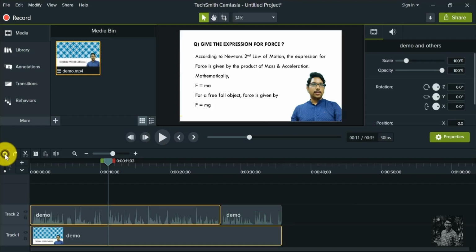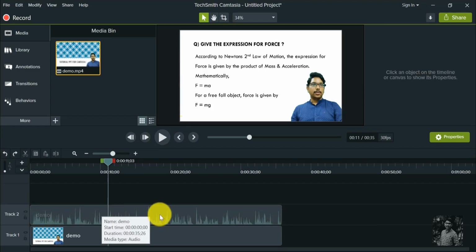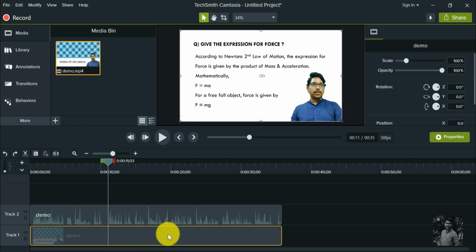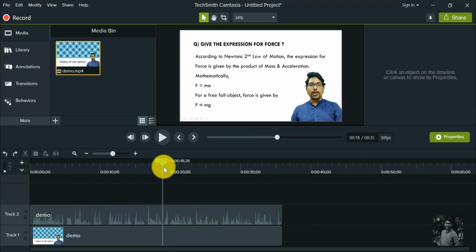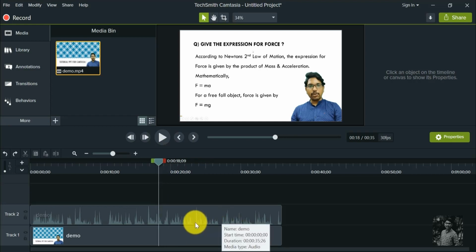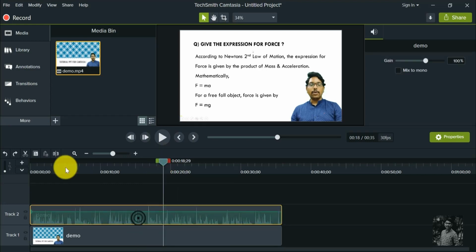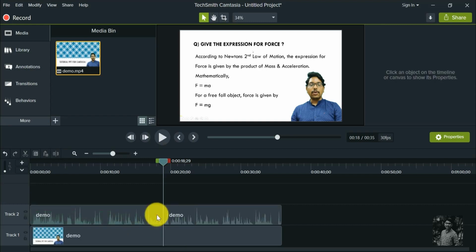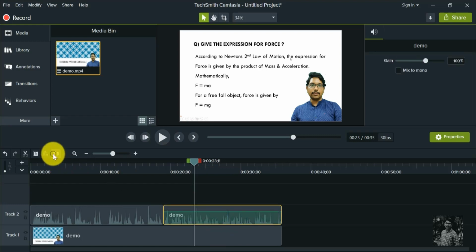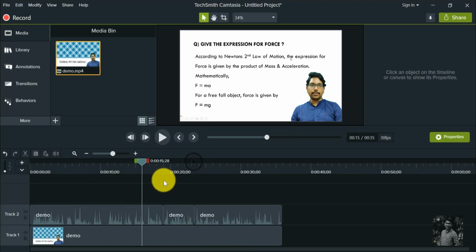Okay, done. So this is my voice model and this is my video model, right? Now my next problem is I want to delete the audio model somewhere in between where I spoke something wrong. To do that, what I need to do is choose that particular location, select the track and click on split. From here, my mistake is somewhere up to here, let's assume. Again, choose the track and click on split. So here you can delete this particular in between audio model.